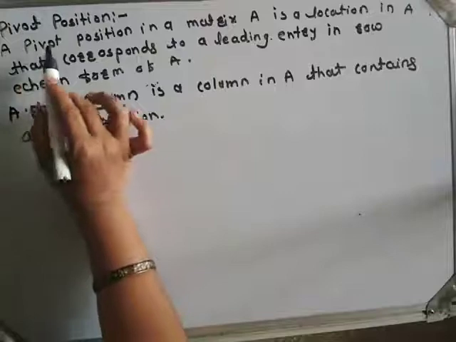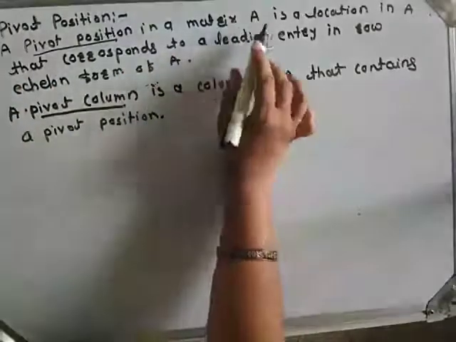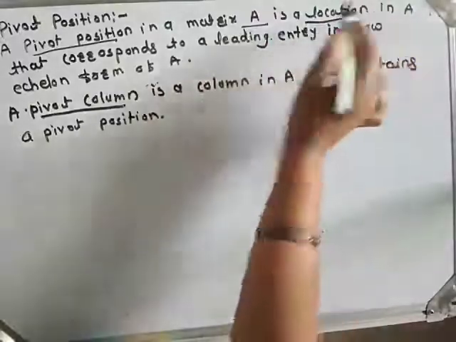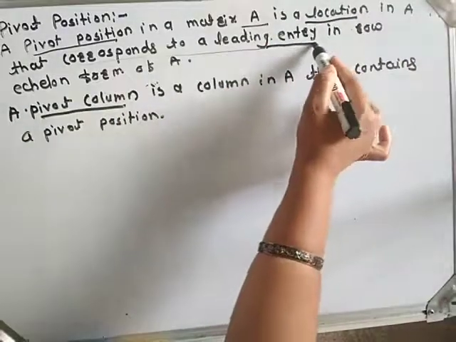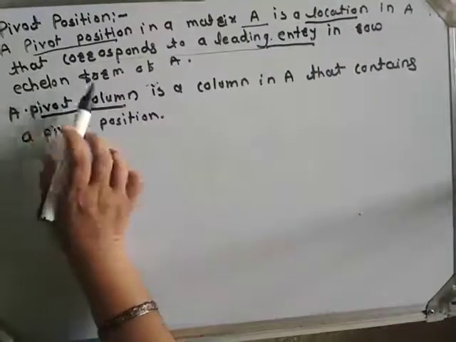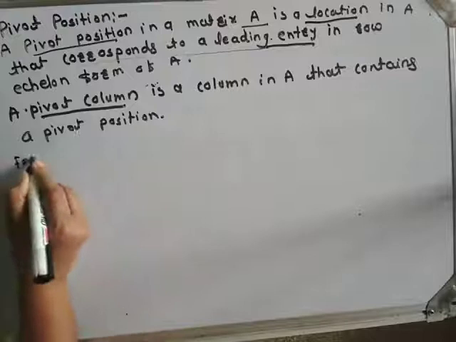Here, what is the definition of pivot position? Pivot position in a matrix A is the location in A that corresponds to a leading entry in row echelon form of A. For example,